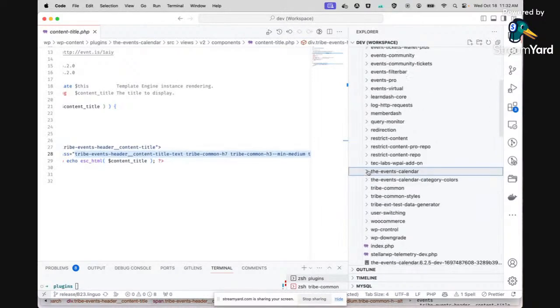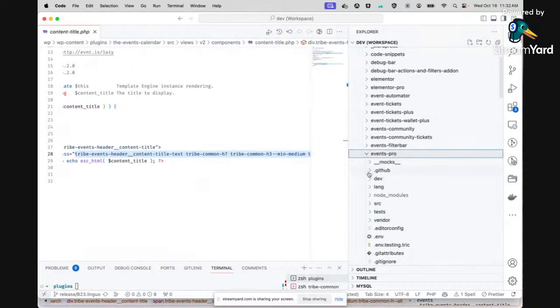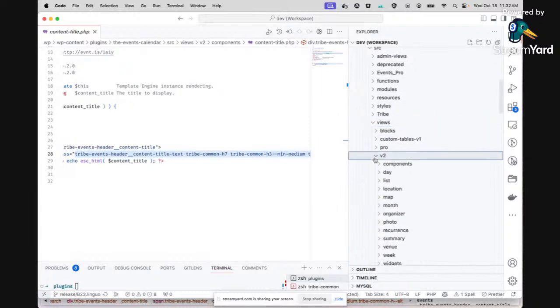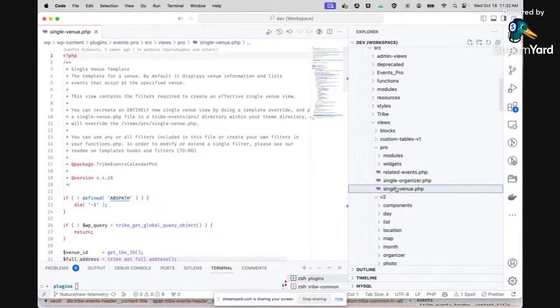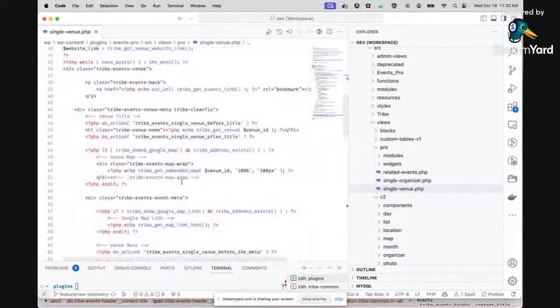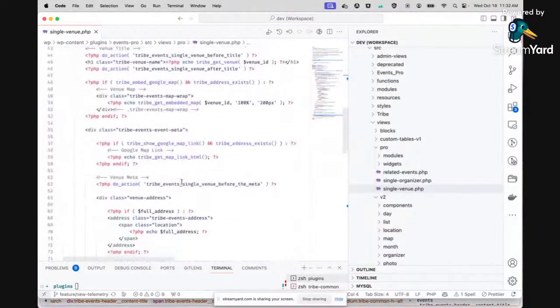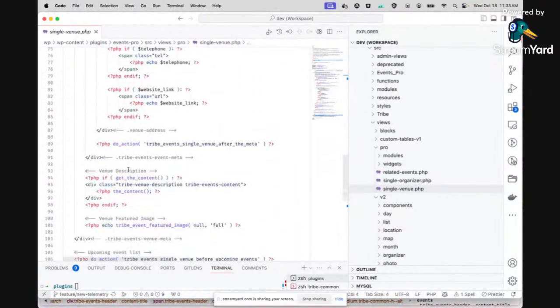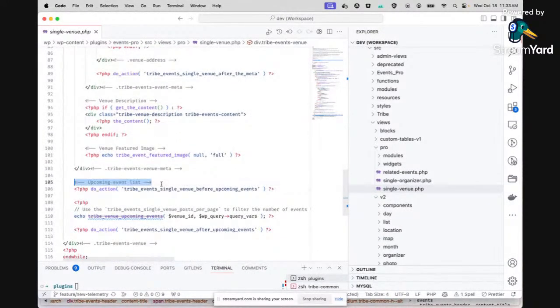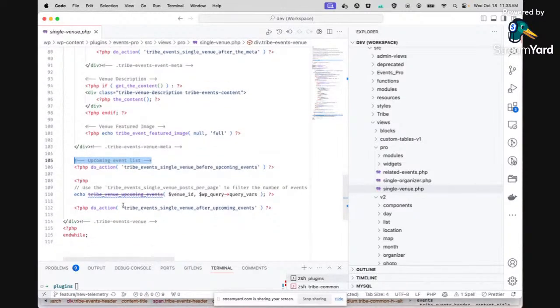If you go into Events Pro, source views, might be in Pro. Yeah, so here's single venue, right? This is the base file for this view. And if we go map link, venue address, website URL, events, event venue description, and now here you see there's upcoming events list, right? And it says do action. So you see this action, and you can